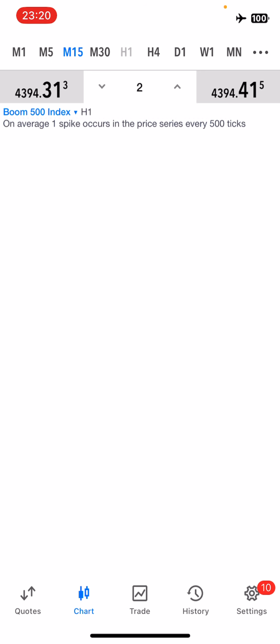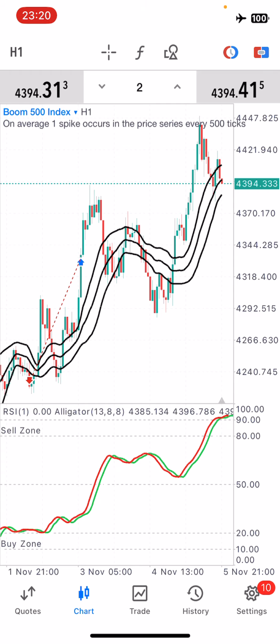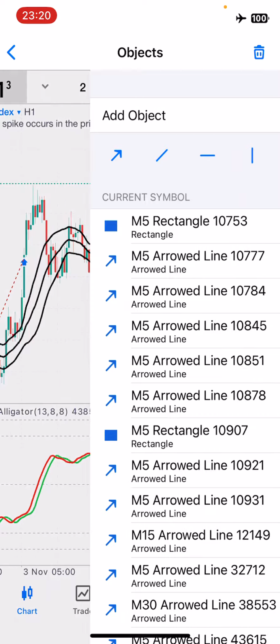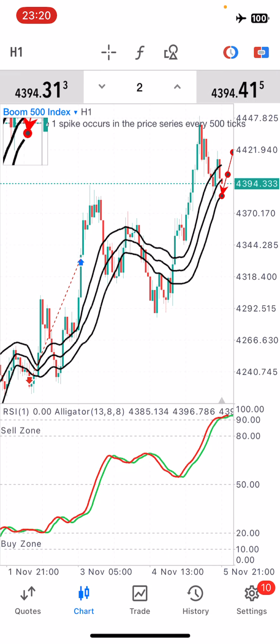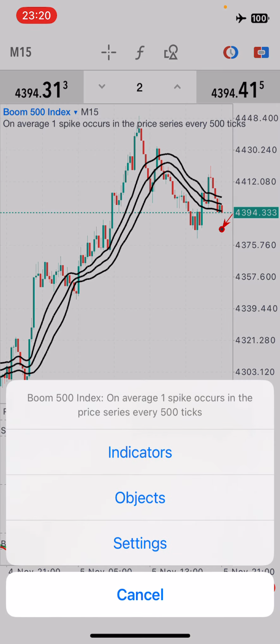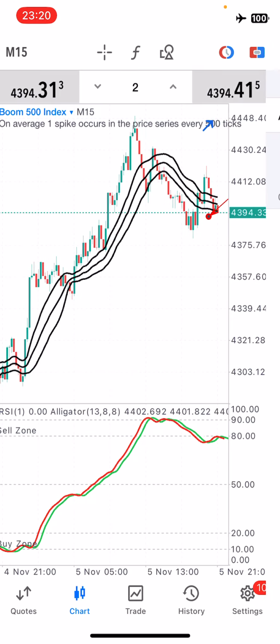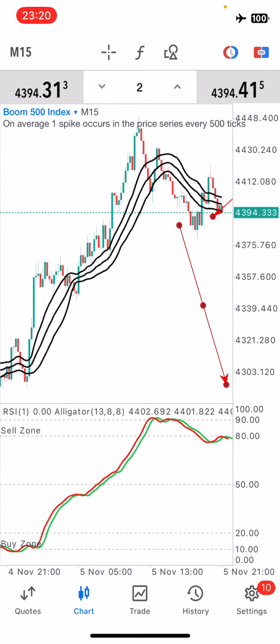Again, you have to find opportunities from a higher time frame. So right now I can see that we're in our sell zone, and once we cross to be below this black line, I know that I'm going to go to my 15-minute time frame and just start to look for these selling opportunities. So probably I'll be given another sell entry here, and I'll probably enter and sell just like that. They're probably going to be coming in numbers more than